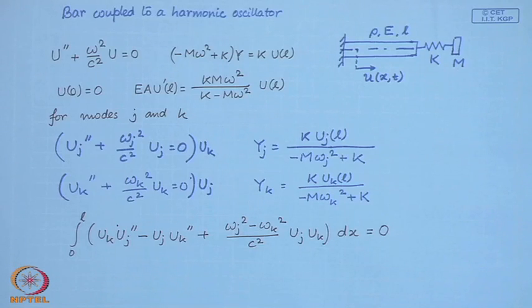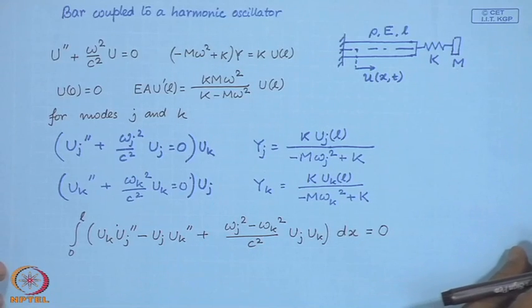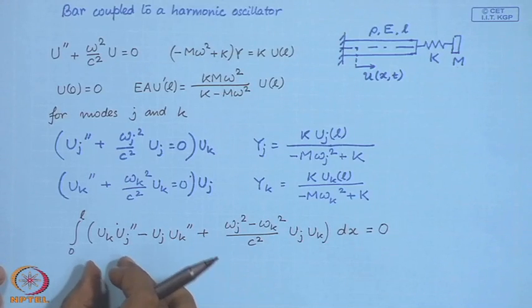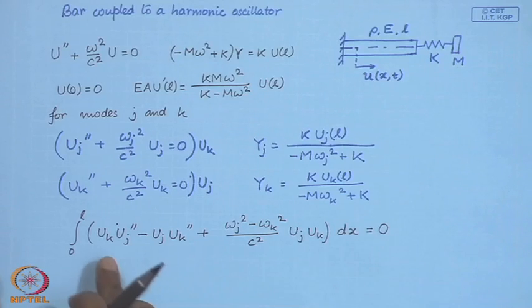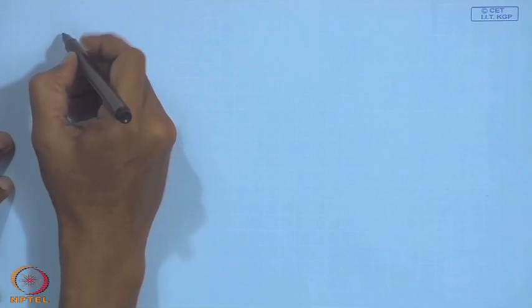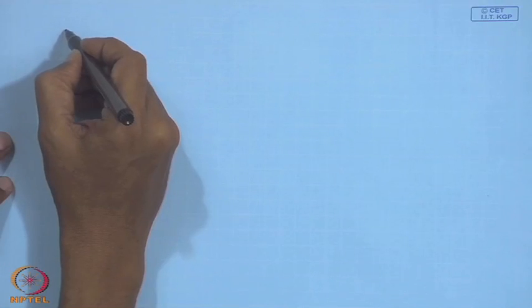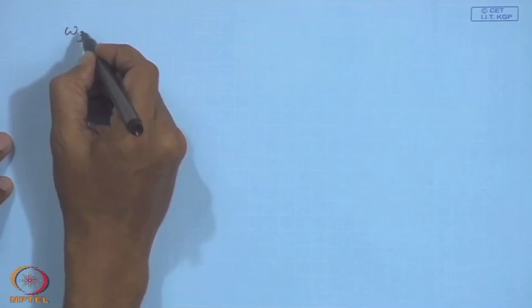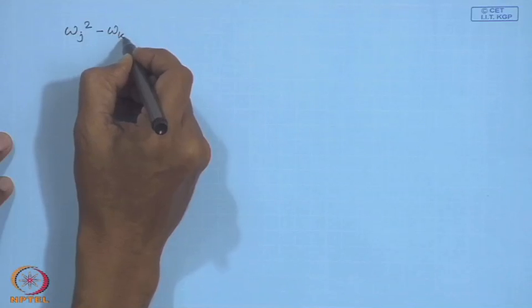Now, if you integrate by parts this first term, integrate by parts this first term 2 times and use the boundary conditions for the boundary terms that you generate, then you can check that the expression reduces to